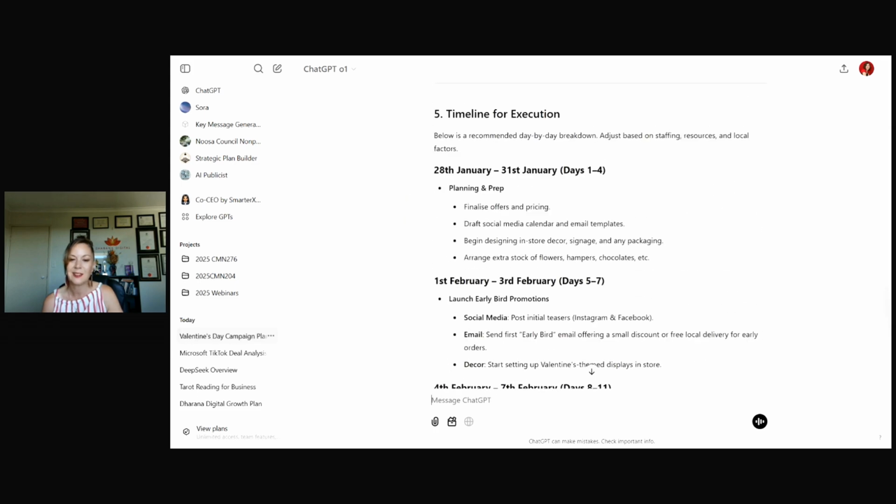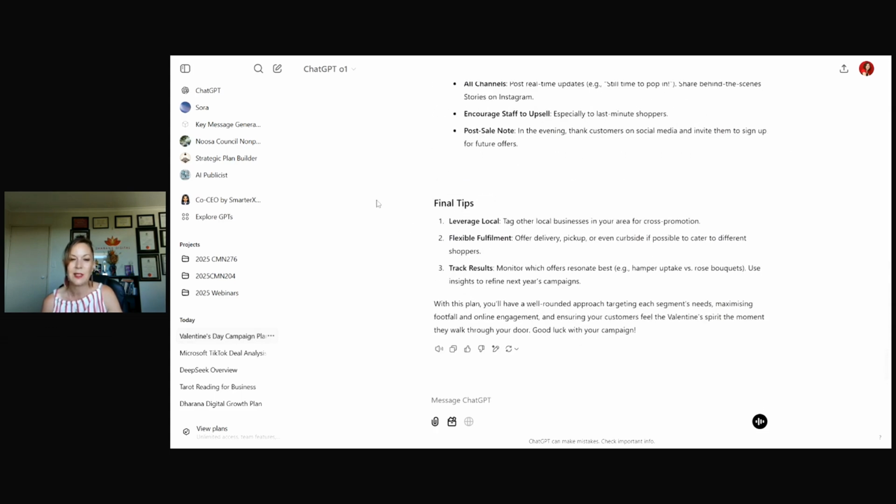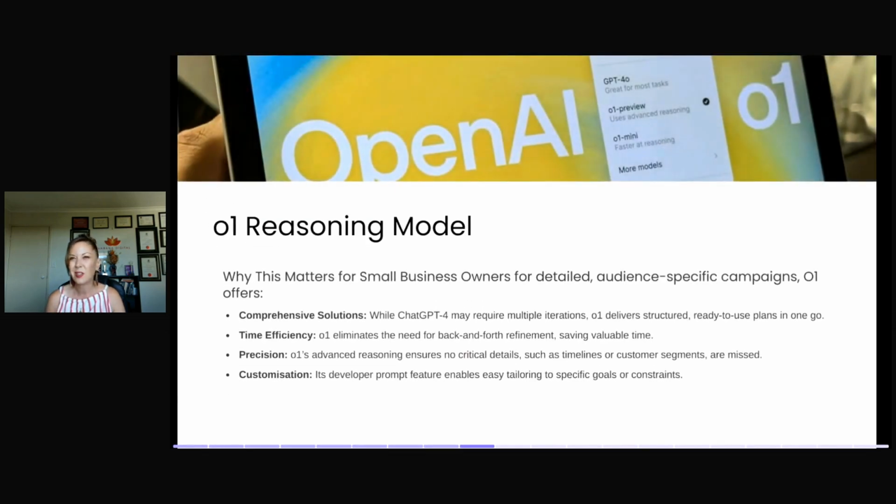So I've said starting today, if I owned a florist. And it's really the speed with that. Of course, the more information you give it, the better and closer it can come to giving you what you want. But it is a bit more accurate than using the other models, like the 4.0 model. So that's just a little play with the reasoning model. I don't think it's connected or integrated with DALL-E, so you can't develop images and things like that like you can in 4.0. So there's that to remember as well.